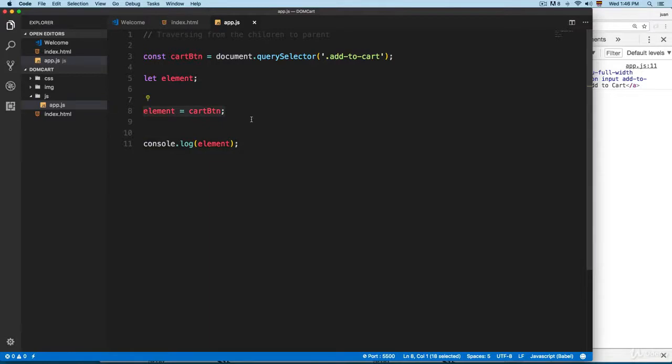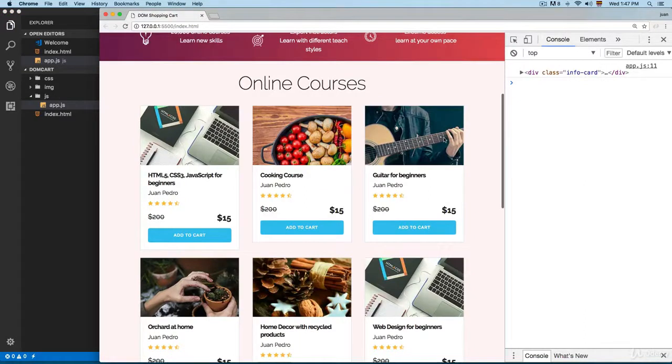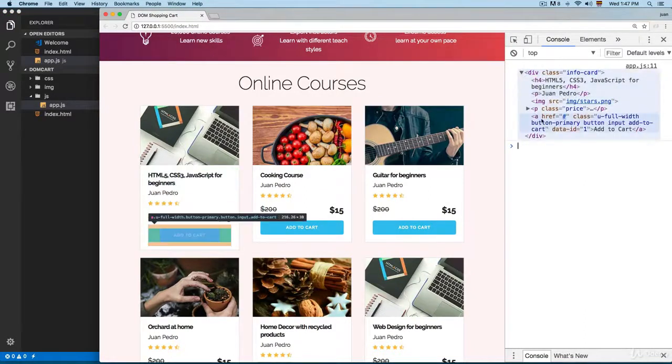So we're gonna copy this, and there is a function called parent node. Well, we're gonna go from the parent to the parent node. So save this, and now you can see that we have the anchor, and we're traversing to the parent, and it's bringing all these